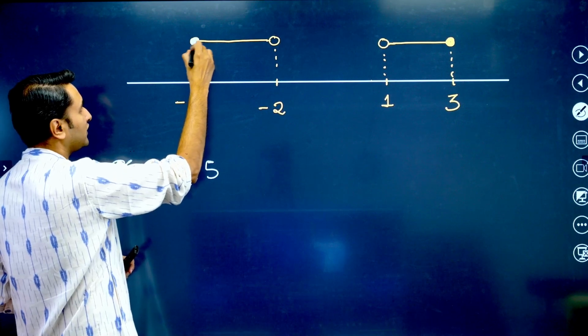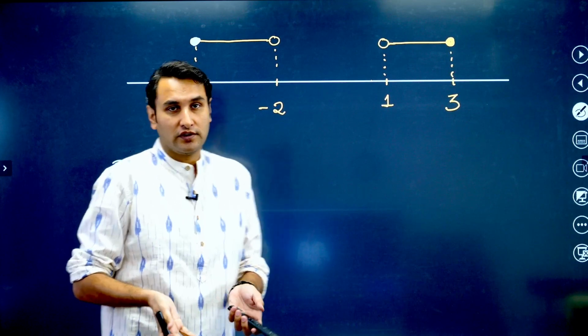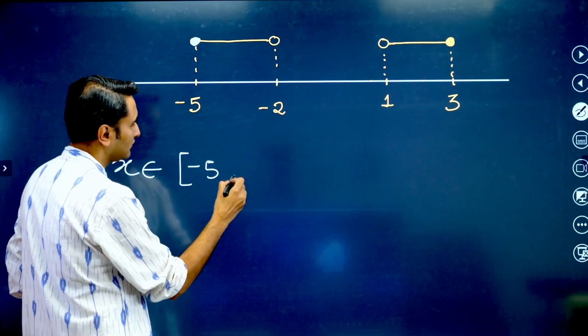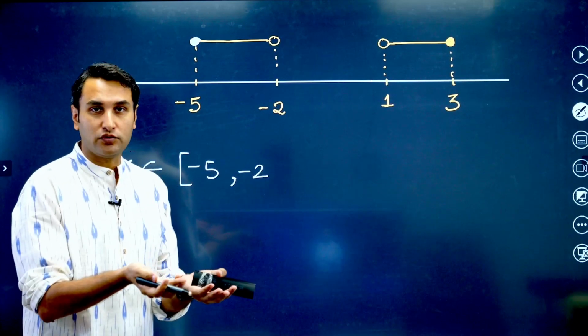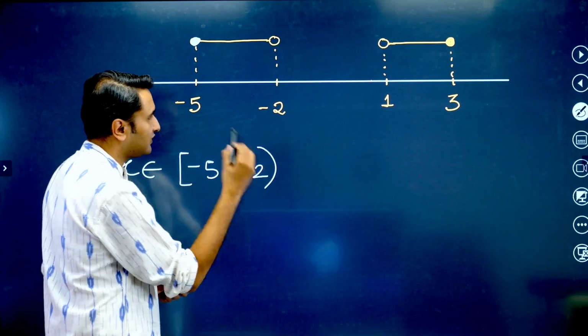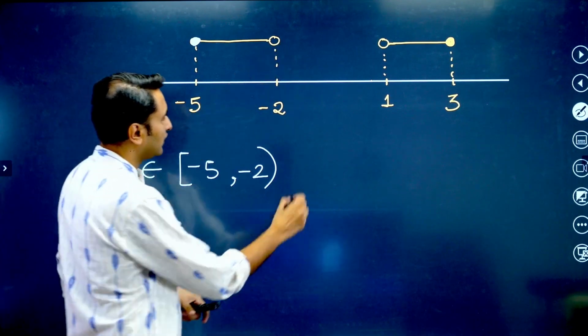I might have lost it at my place because I was playing with it inside my house. So include -5, go till -2. I didn't enter Achin's house, so I will not search inside his house. Open bracket here because there is open here. Or